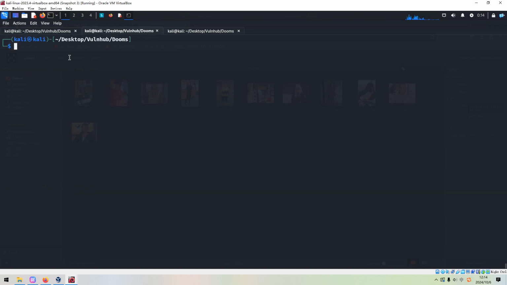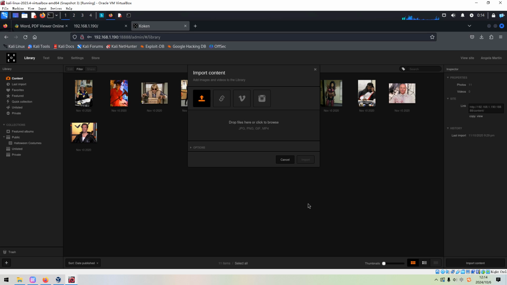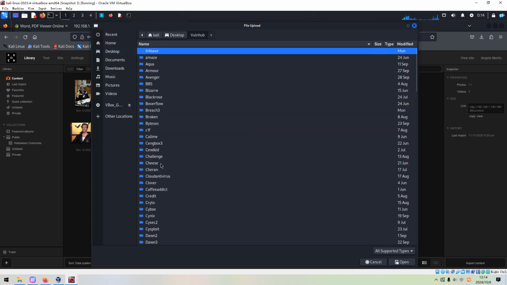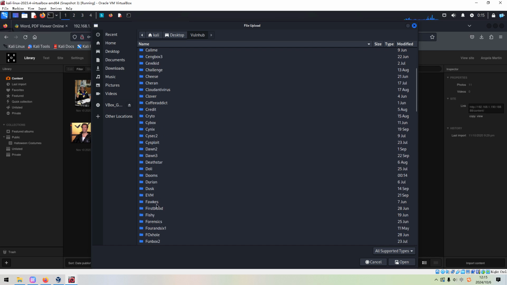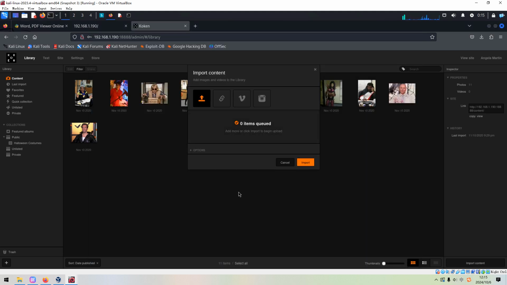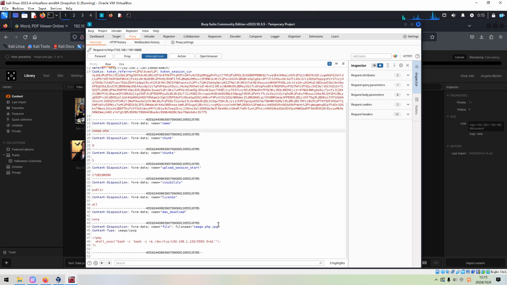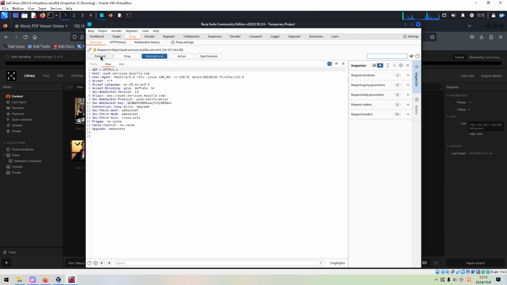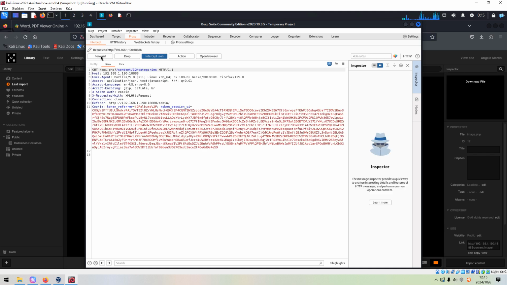Right, and quit. So next, we need to go to the import content, choose the file which lives in the working directory, import, and we need to change the file name, and also here, around here, and then we can forward the request.